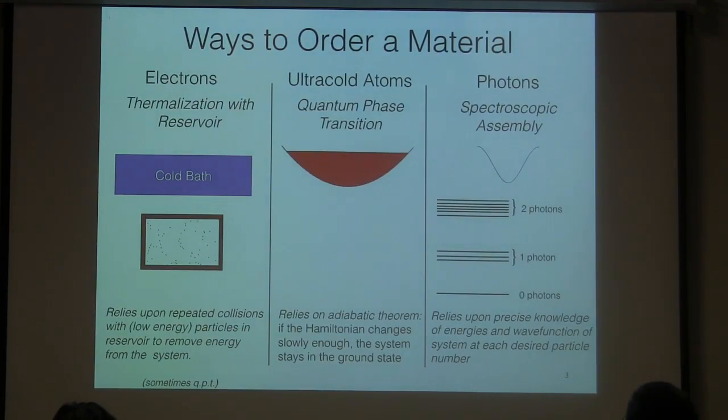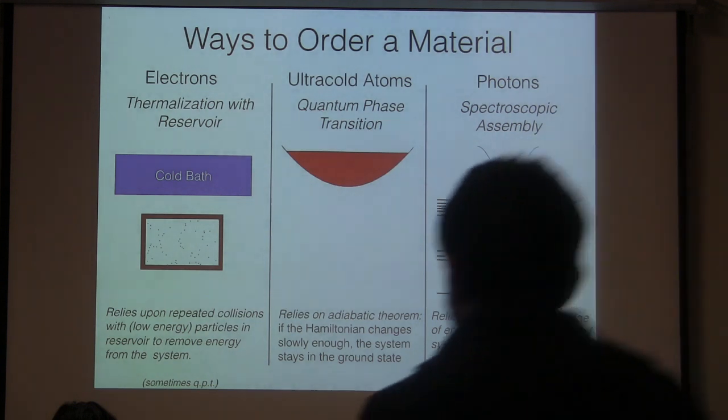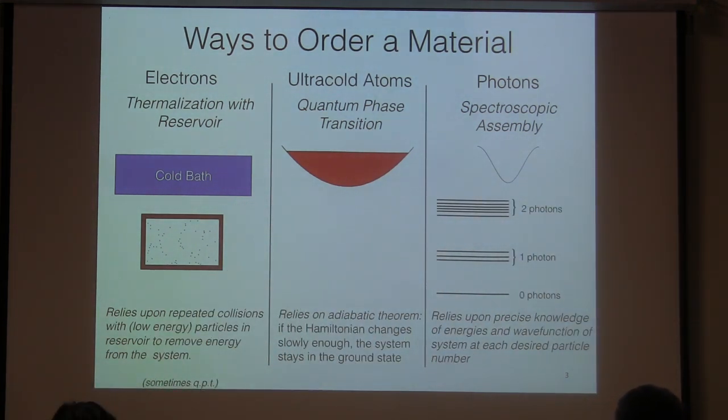Okay, so I wanted to start by taking a step back from the platform for just a moment and think about how materials order quite generically. Imagine we've implemented the first two steps that we wanted for building materials, right? In the first lecture we said the first two things that we need is objects that behave as particles, that is to say they have some non-trivial dispersion relation. You can apply forces to them and it changes their momentum, it changes their velocity. So that's requirement number one.